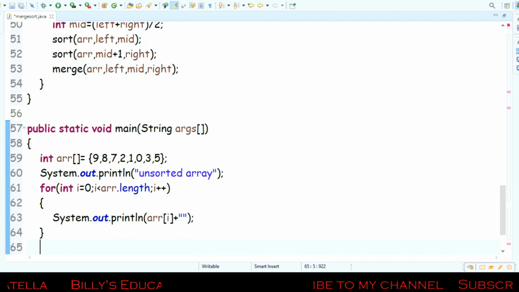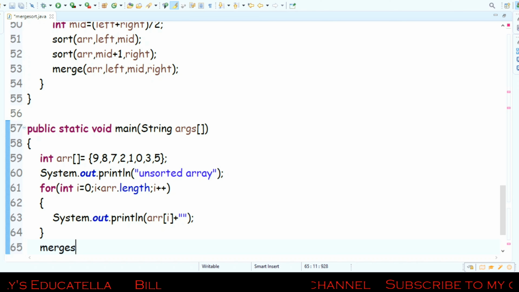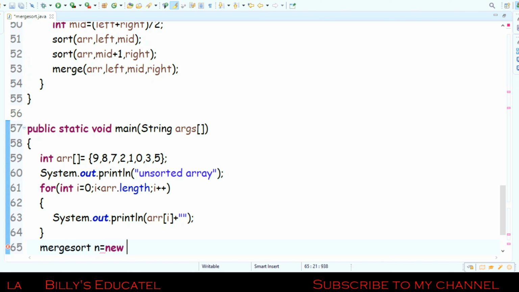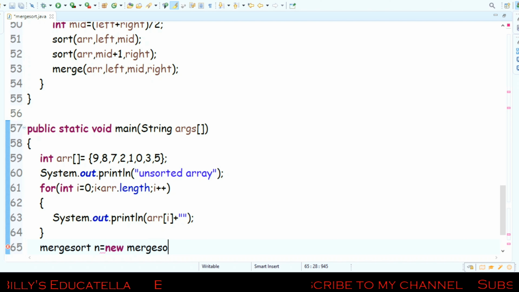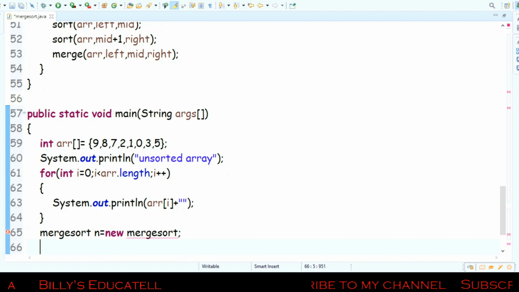For printing the sorted array, I am taking a new MergeSort object, n equals new MergeSort. So here to scan every value, it will return to the methods, that means functions, the remaining functions, that is the merge function and the sort function. Here the values will be returned to them. So merge sort. After that I have to print the values. System